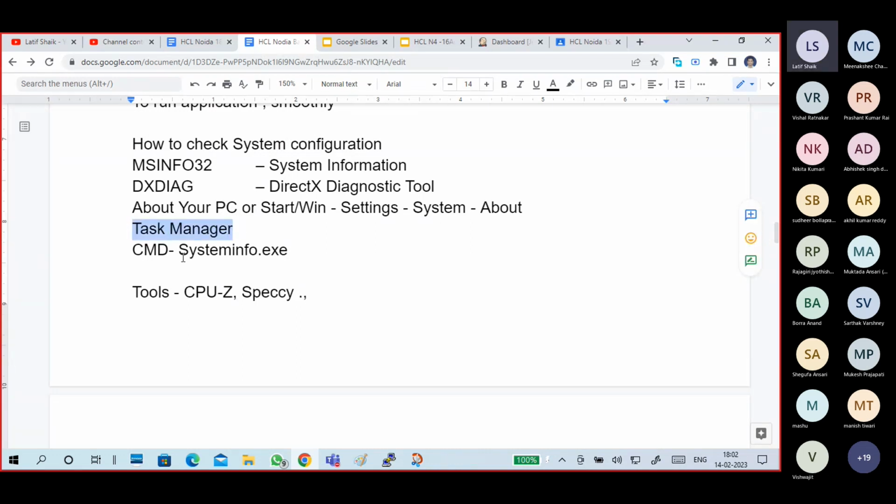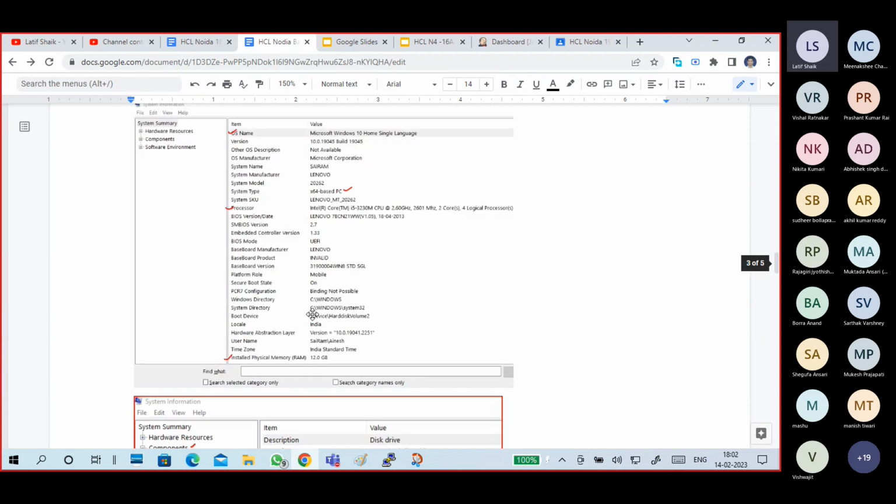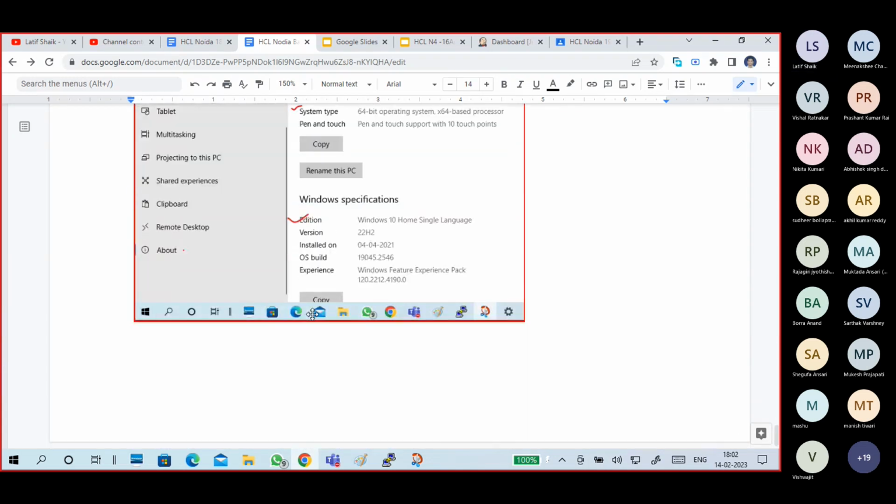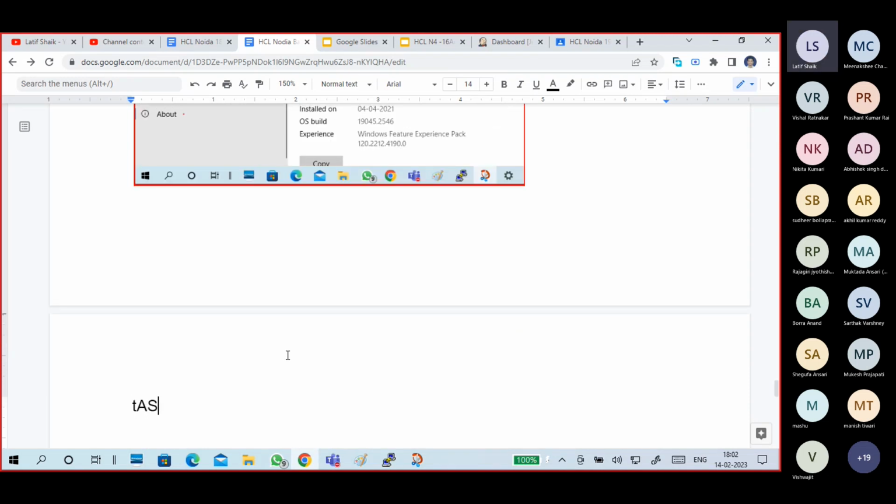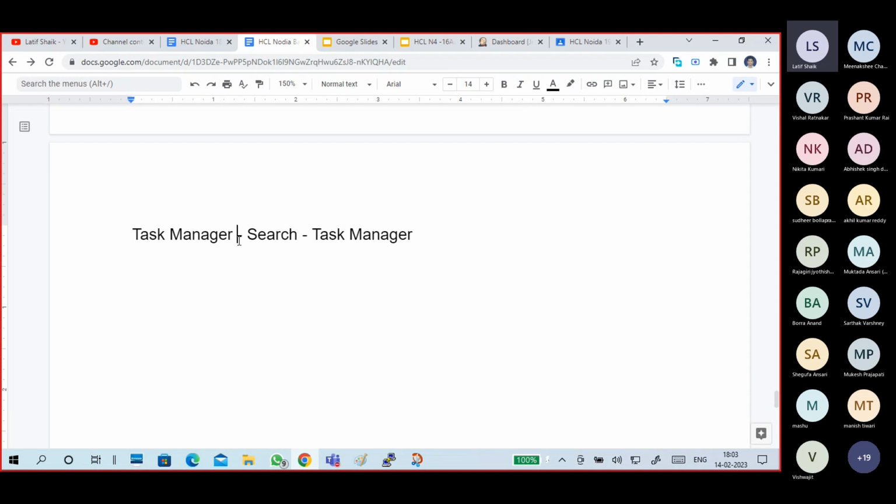Guys, I will tell you about Task Manager. To go to Task Manager, type Task Manager in the search.